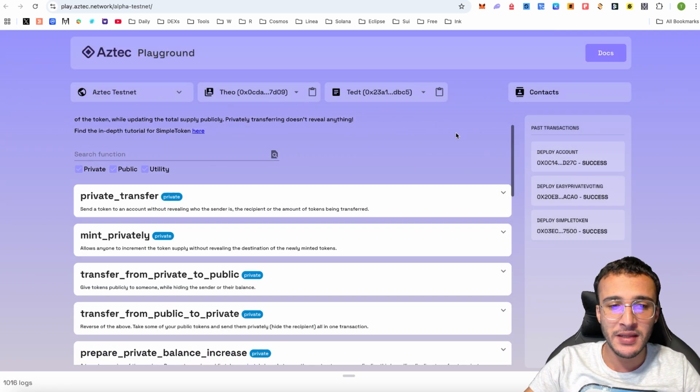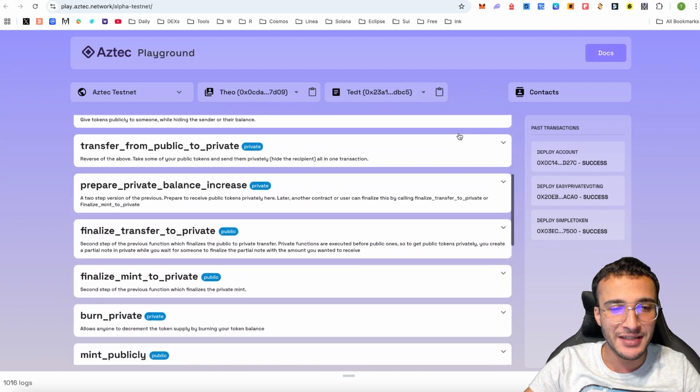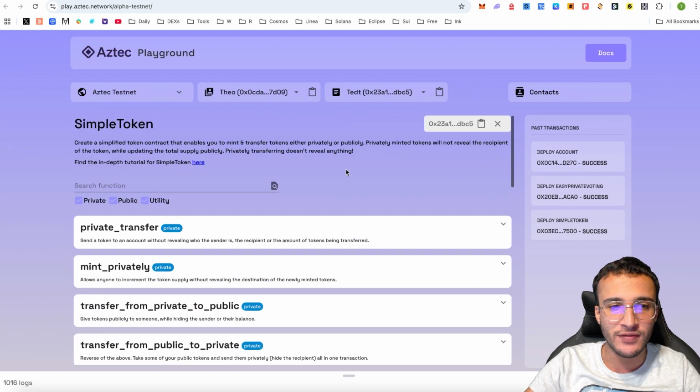You can rinse and repeat these actions as much as you like. It is entirely up to you. You can see exactly what we've done. However, the next step is now away from the Aztec playground, and we are going to move on to the